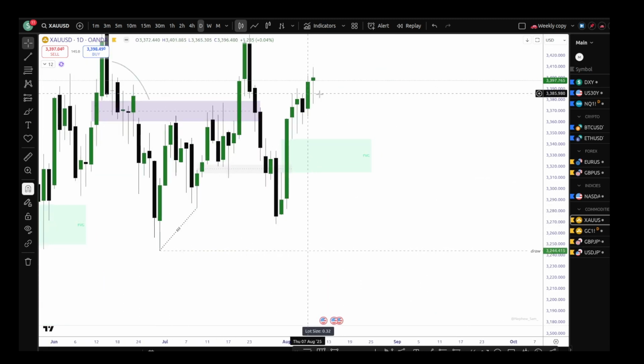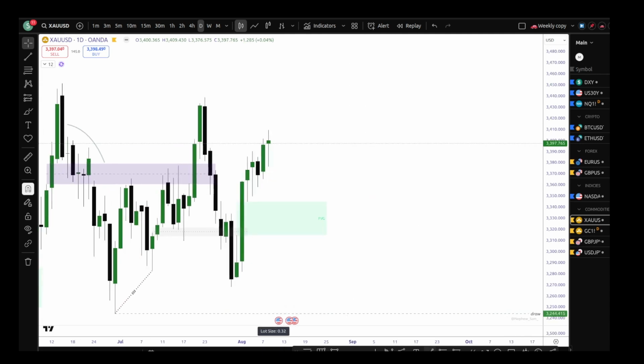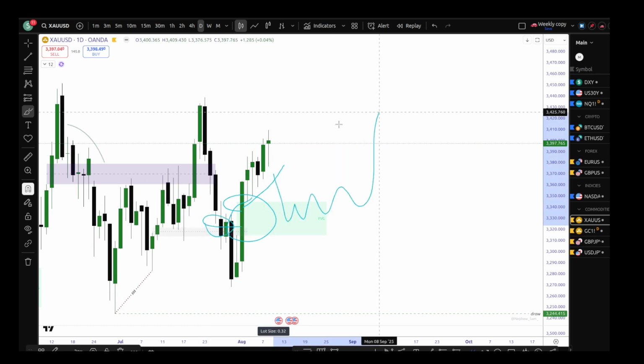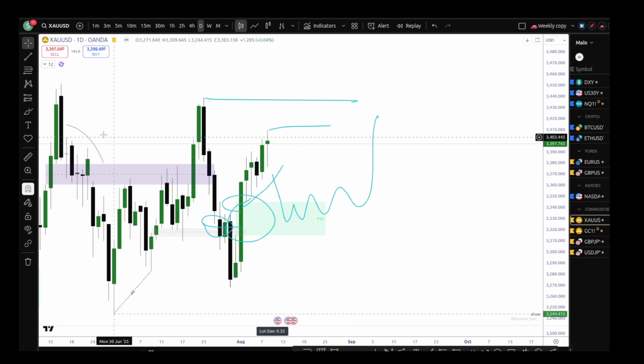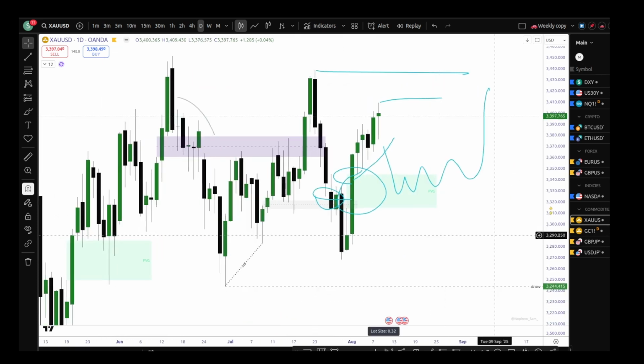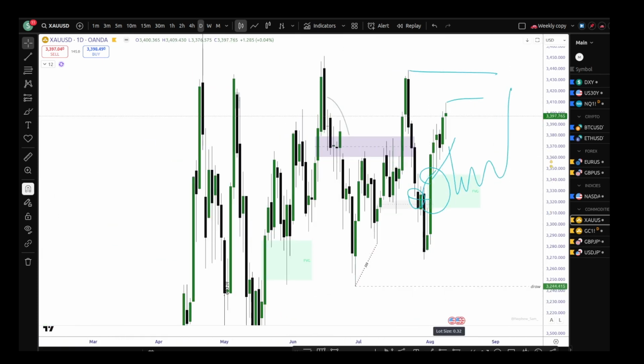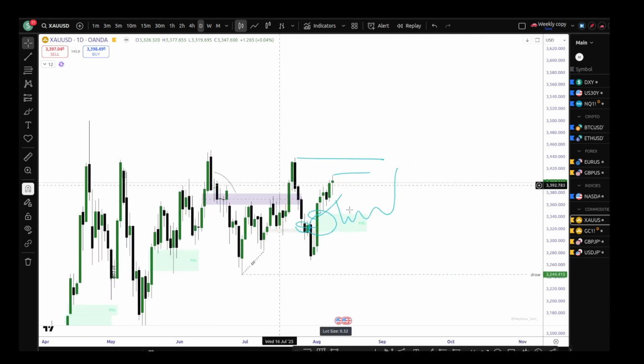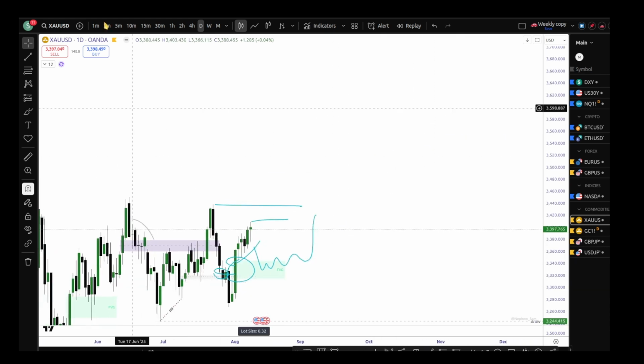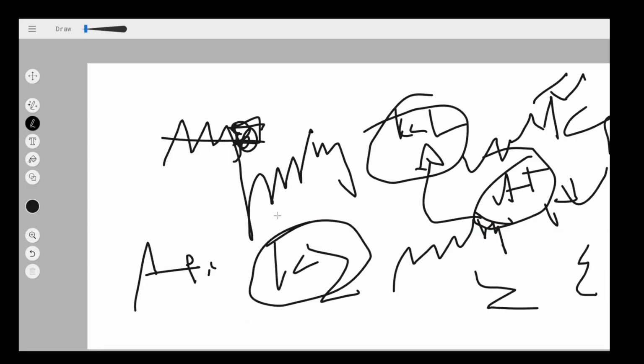I shared everything. Obviously, the next support will be clear liquidity, clear zone, potential breaker, and it comes here and meets all these highs. This would be a clean trade setup for me, right? Obviously, nothing is 100%. This is not financial advice, but these are some of the plans we could anticipate.